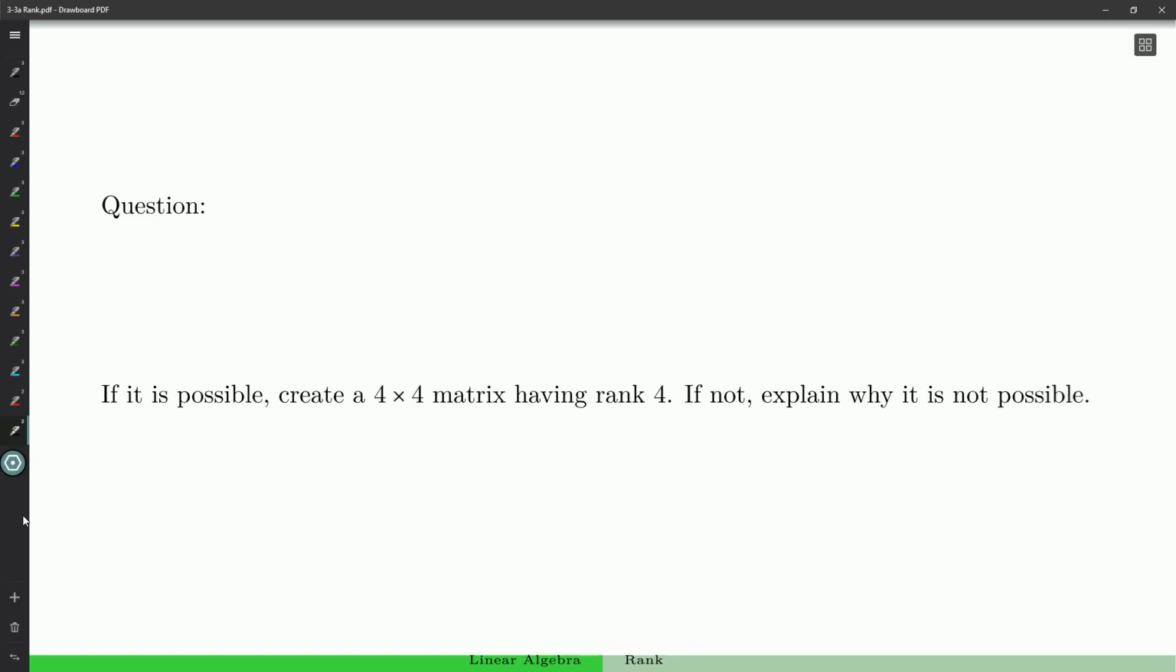Is it possible to create a 4 by 4 matrix having a rank of 4? If not, explain why it's not possible. Okay. Now, the possible ranks that you can have are always limited. Your rank must always be greater than or equal to 0. And as we saw in the lesson,